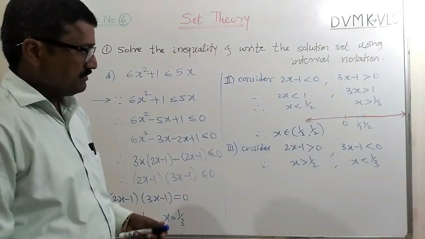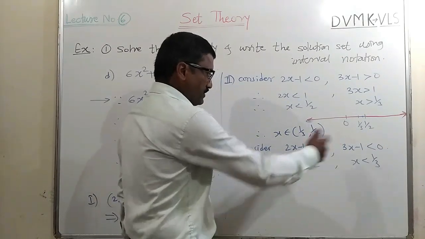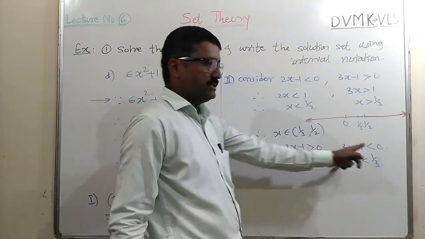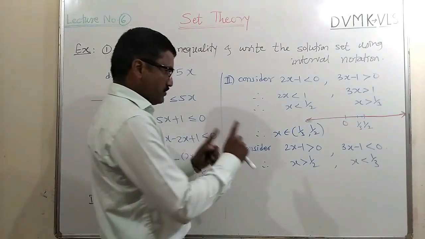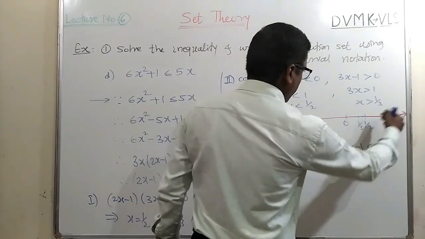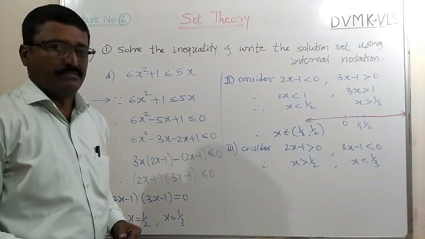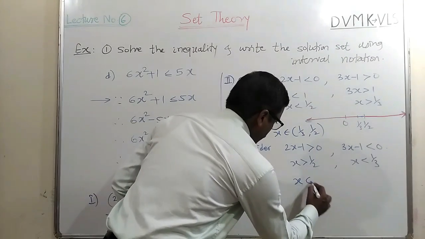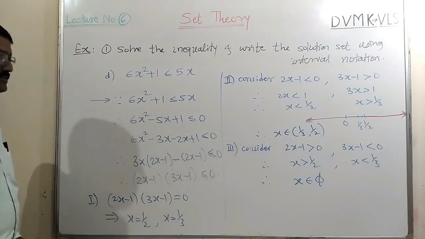So except that, but can we find a single x which satisfies both these conditions? Why both? Because both conditions should be satisfied, because one is positive and the second is negative, then we get the product as negative. So x should satisfy both the conditions, not any one of these two. So x must be greater than half and at the same time it should be less than 1/3. This is not possible. So at this stage, or in this case, we get x belongs to the empty set, x belongs to phi.